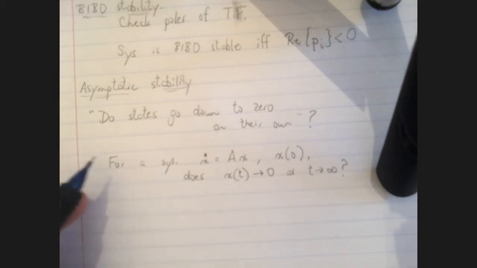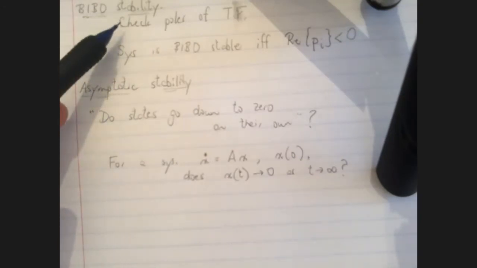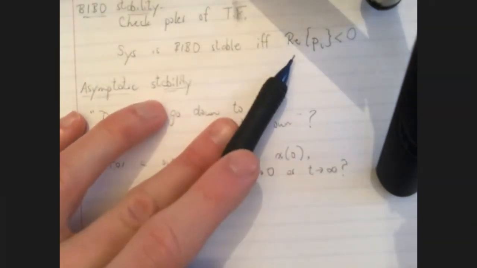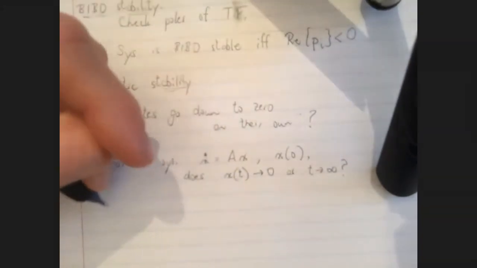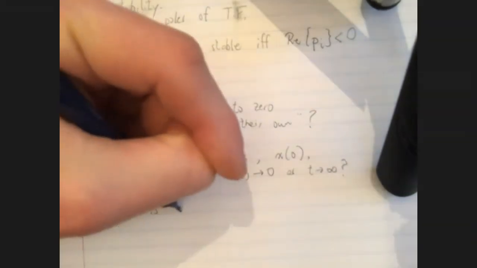So as you might guess, it's a slightly different way of viewing things, but there's going to be a close relationship between these two. For this one, just as before, we would check the poles of the transfer function and make sure that they were on the left-hand side. Here, what we're going to do is say that a system is asymptotically stable